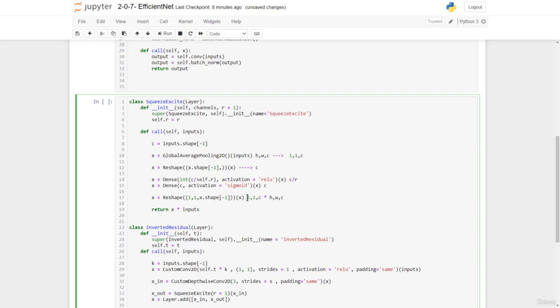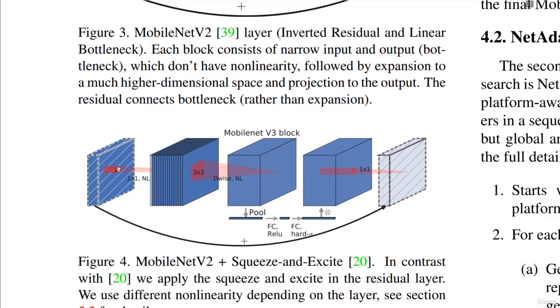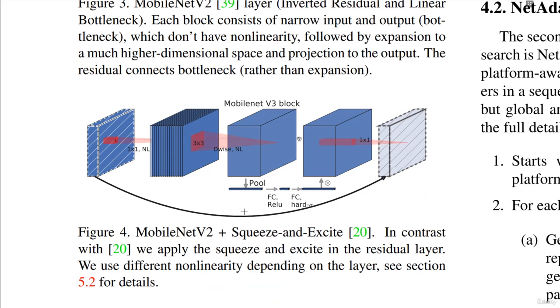And now doing this, we are able to multiply each channel with the values contained in this last channel C. Then to construct the residual block, since we've constructed the squeeze excitation block, we have this 1x1 filter conv layer followed by a nonlinearity, then the depthwise layer followed by a nonlinearity, and finally this pointwise conv layer. So this tells us that the squeeze excitation block shall be introduced once we've gotten the output of this